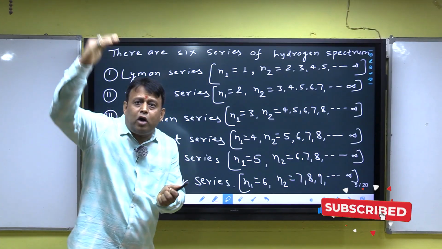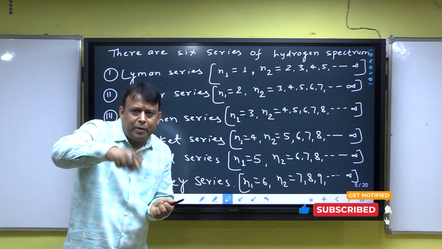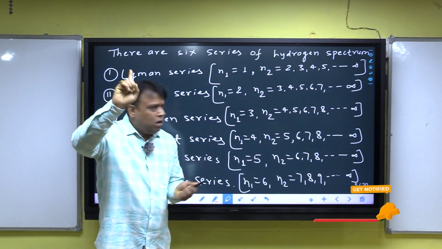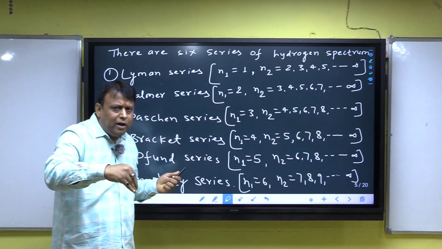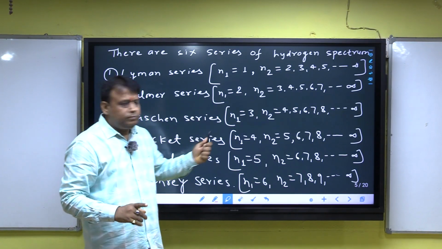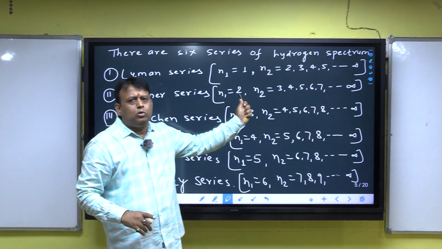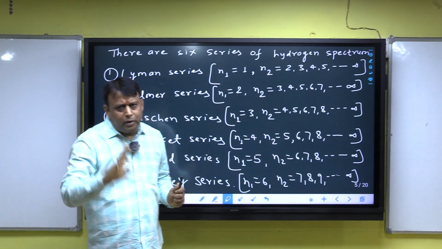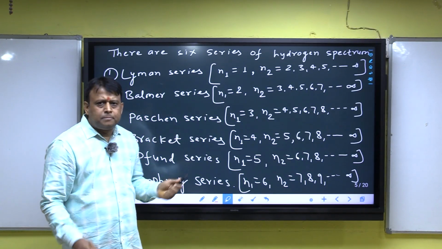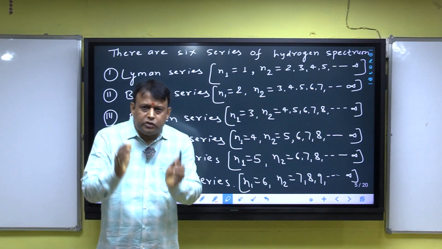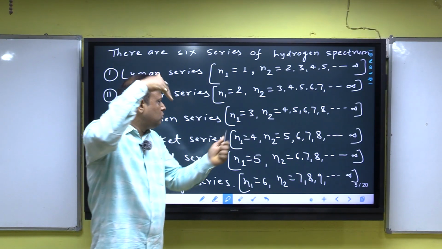Balmer, N is equal to 2. When an electron falls from a higher orbit to the second orbit, it is called Balmer. Listen, N1 is equal to 2, N2 is 3, 4, 5, dot, dot, infinite. Paschen series: when an electron falls from a higher orbit to the third orbit,